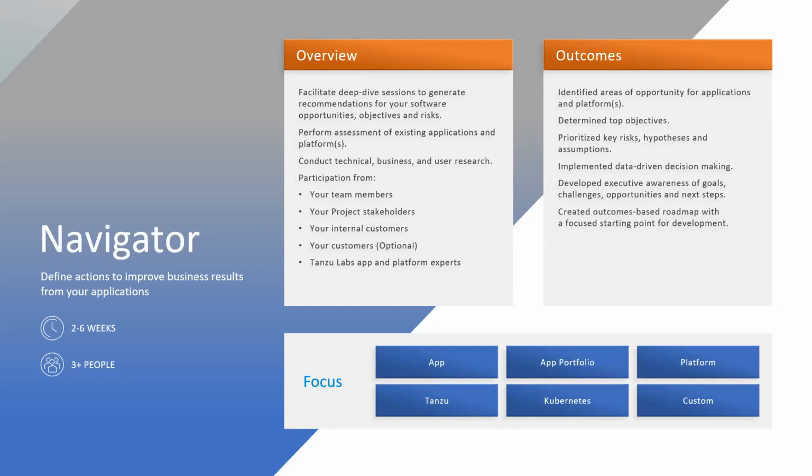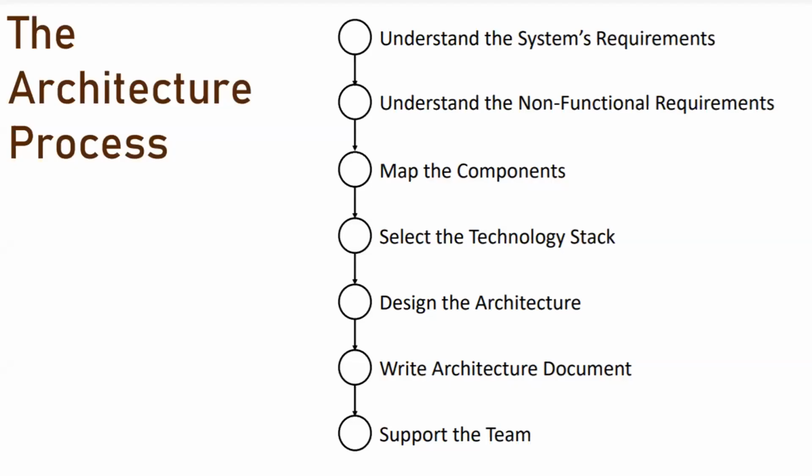And we also discuss here the risks that are involved in moving to this, what the dependencies are, which other applications are probably dependent on this, and who the customers involved are. So this is like a huge workshop where we discuss all these things associated with the application. And then we go about the architecture process.